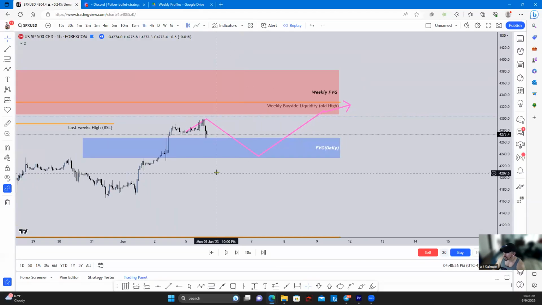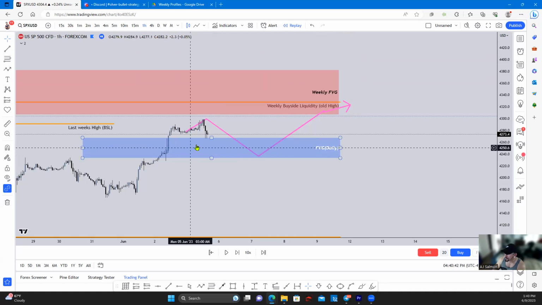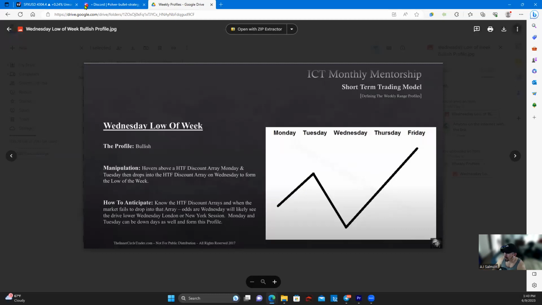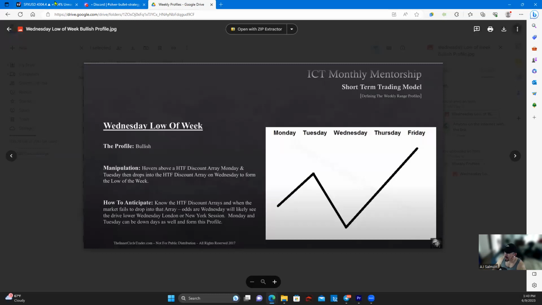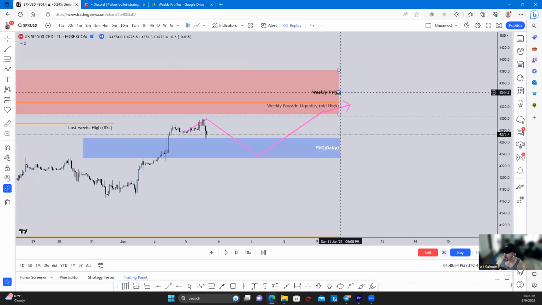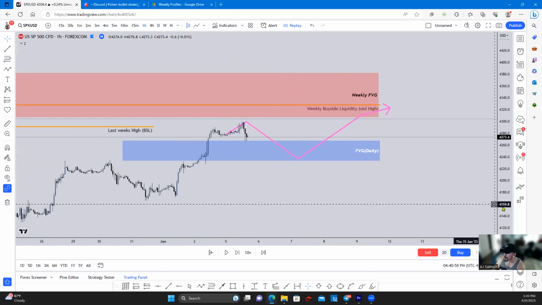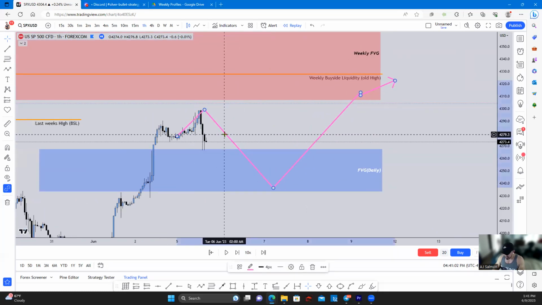So now you're creating confluence and correlation between this daily PD array, what price has done on Monday, a weekly profile because you're bullish, and your weekly PD array above. We already know we're bullish. So now what we can do